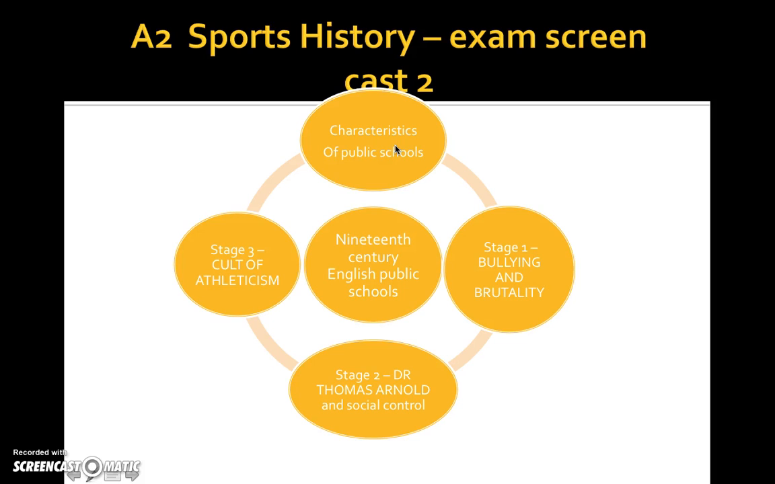It might be a little task for you to do now. Can you remember what that Babis thing stood for, and can you give some characteristics that make the 19th century English public schools unique? Now, what we're going to do now is look at how the English public schools changed